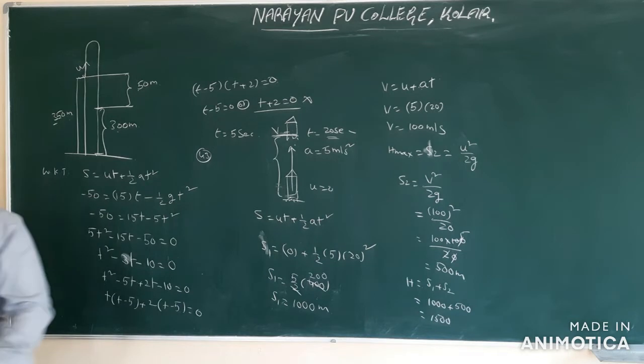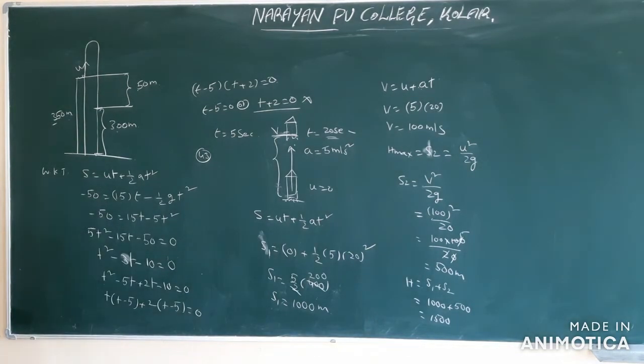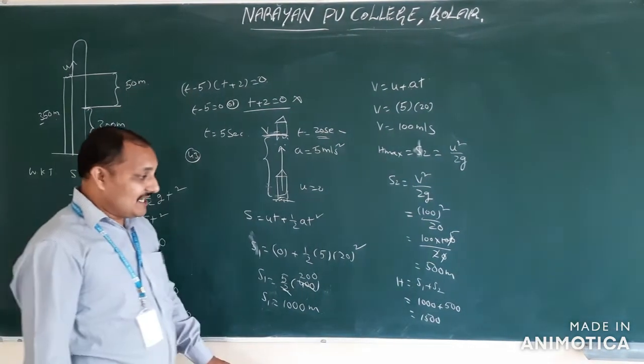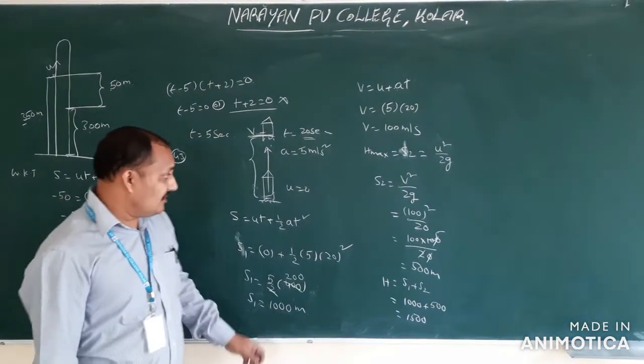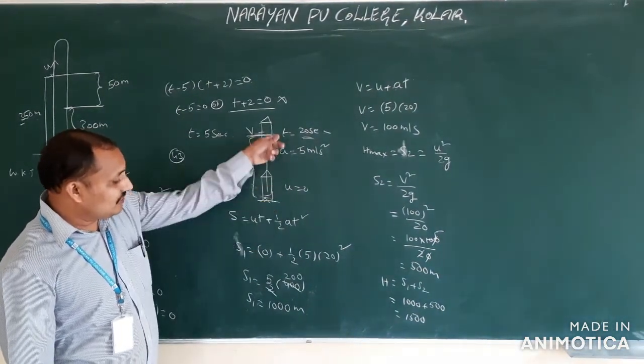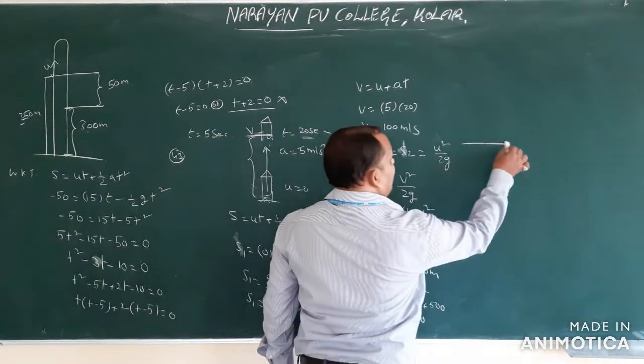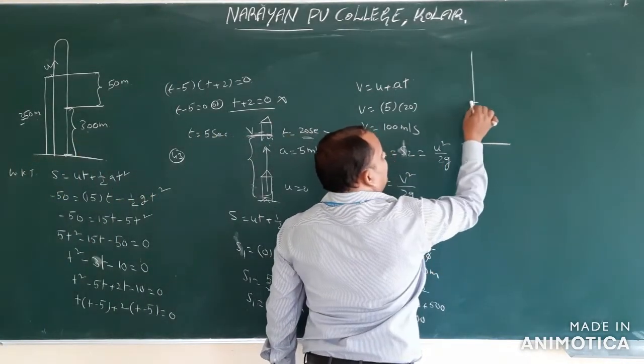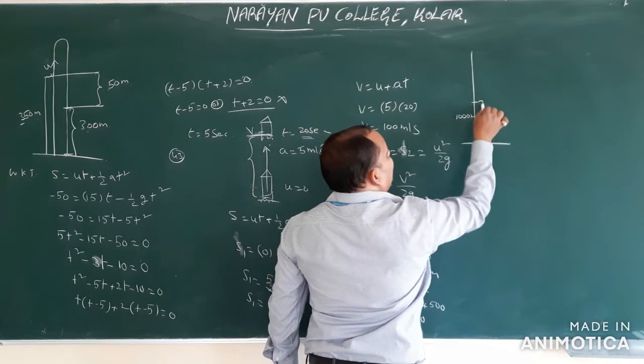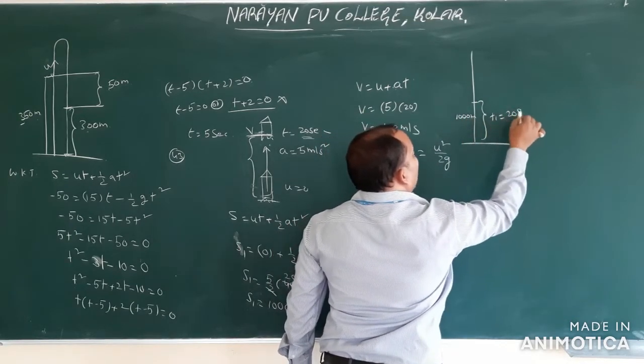So, in the next question, a continuation, question 44, it is the same question. In the previous problem, after how much time does the rocket return to its original position? First, from here to 1000 meters, how much time is it taking? So the rocket is going like this. For 1000 meters, it is taking t1, which is 20 seconds.